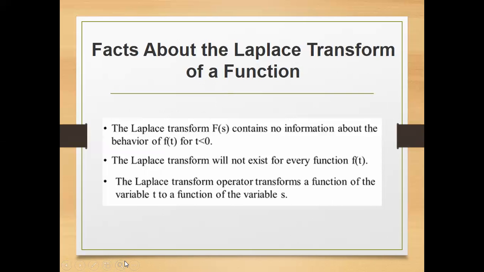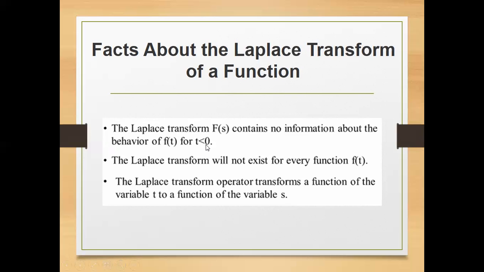So the Laplace transform, that is the function of s, contains no information about the behavior of the function for t less than 0. This is very important in controls later on, wherein you are actually determining the response of your system to a particular disturbance based on a particular amount of time elapsed. So when we speak of time in real processes, time is always positive. So as such, the Laplace transform of your given function will not hold any information when time is already negative.